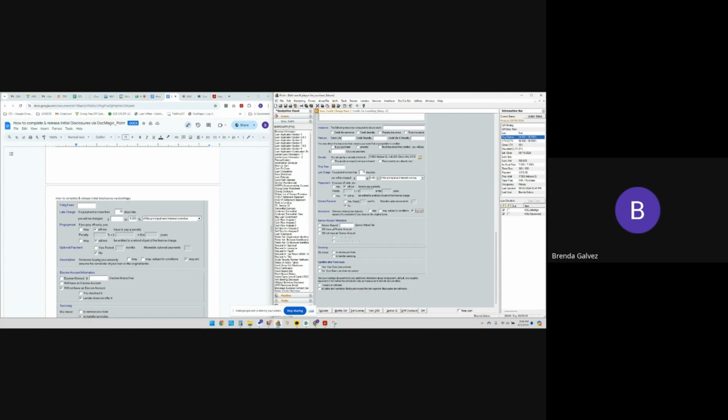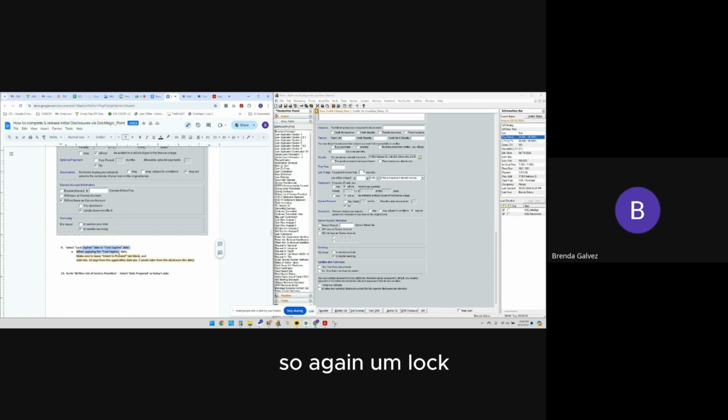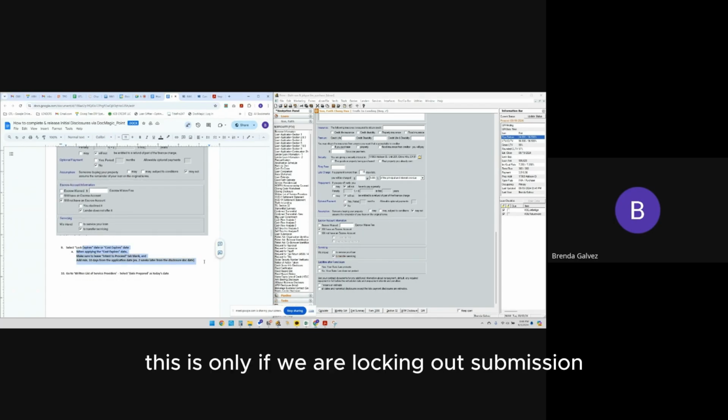Escrow waiver, we'll take this out and we'll have an escrow account. This one, because again, it's an FHA, it has to be escrowed. We intend to transfer servicing. And that's it. So again, lock. This is only if we are locking at submission. Now we're going to go